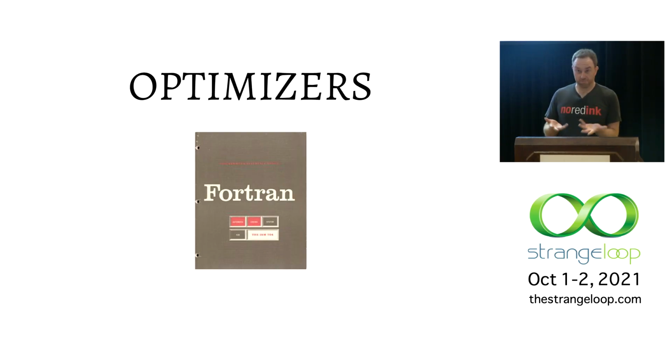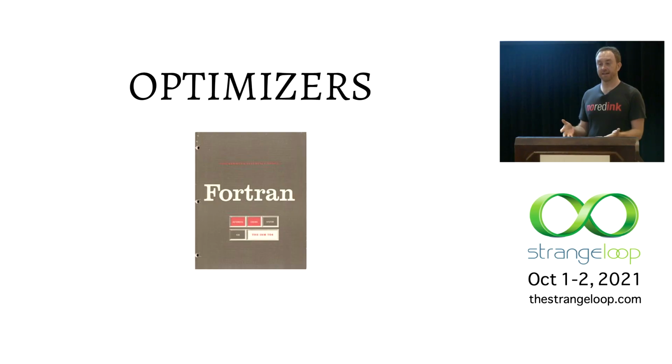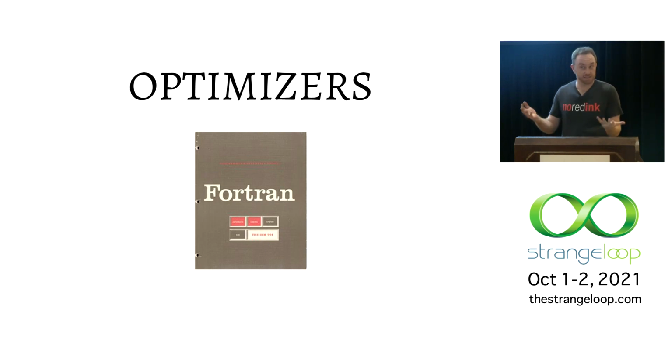Because optimizers are pretty amazing things. The first optimizing compilers included Fortran, and apparently, so I'm told, people were actually surprised to find that the code written through the optimizing compiler actually ended up in practice being faster, typically, than code written by hand in assembly language. People were really surprised by this. There may someday come a day where, much like with games like chess and now Go, humans are just incapable of beating optimizers. We're definitely not there yet, but it's theoretically possible that we could get there, and also in the typical case, it's way faster to let the optimizer do it. So if we can, we would like to not have to resort to things like interop or these secret mutation-y,